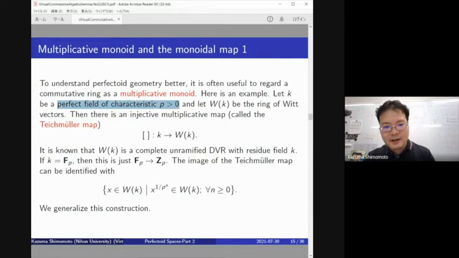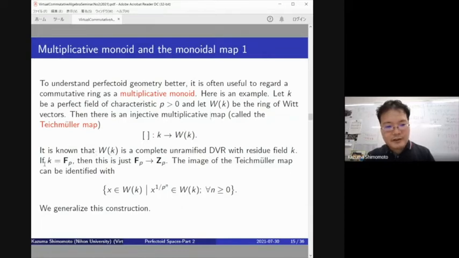And let's take WK, the ring of Witt vectors. Then there's an injective multiplicative map, just called the Teichmüller map, which I denote by bracket. This is a map from K to WK, which is multiplicative, but not additive. So for example,